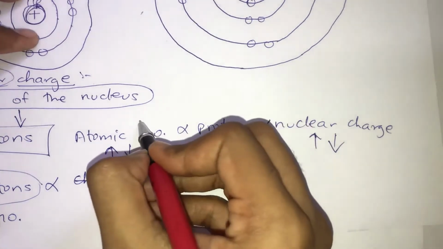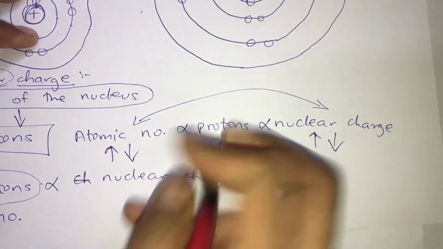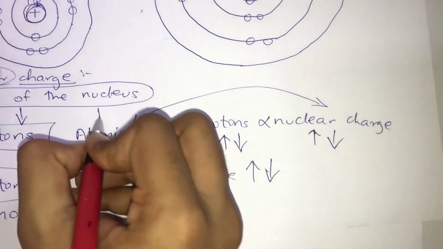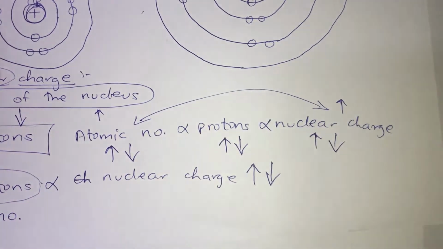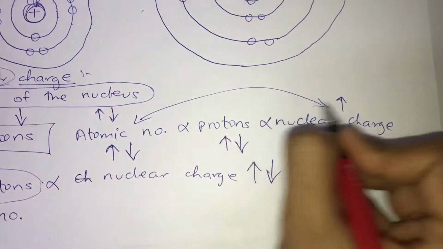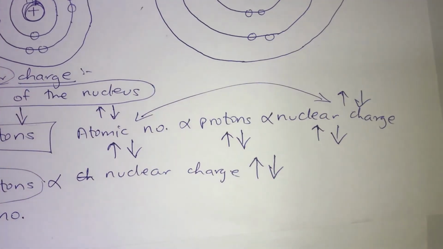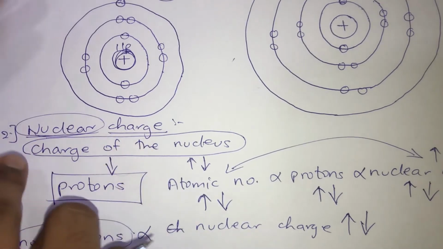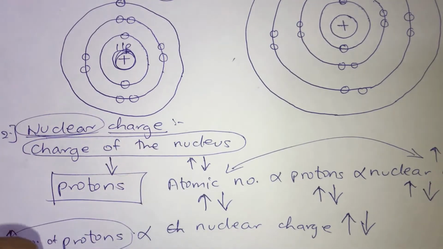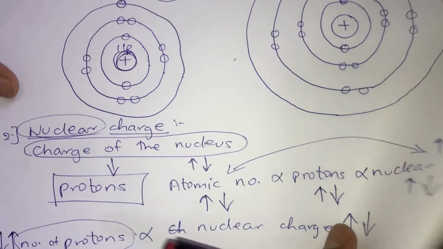Now, can I relate both of them directly? That greater the atomic number, greater will be the nuclear charge, less the atomic number, less will be the nuclear charge, as they all are directly proportional to each other. I hope you have understood how nuclear charge is going to vary according to the elements because of the change in atomic number. Now, the third factor is